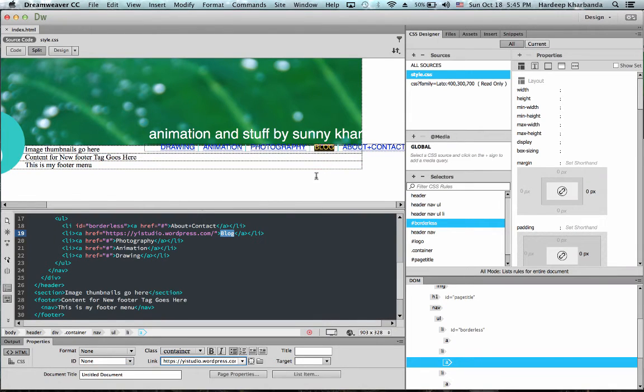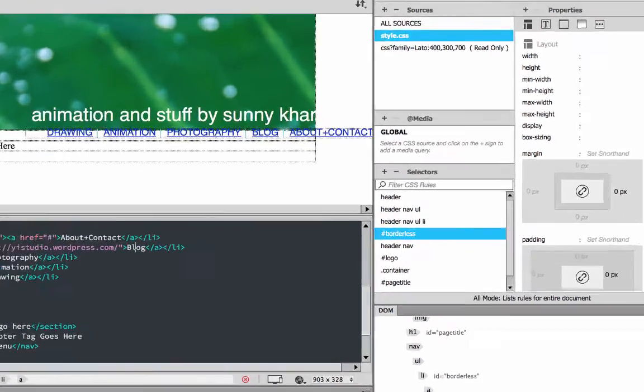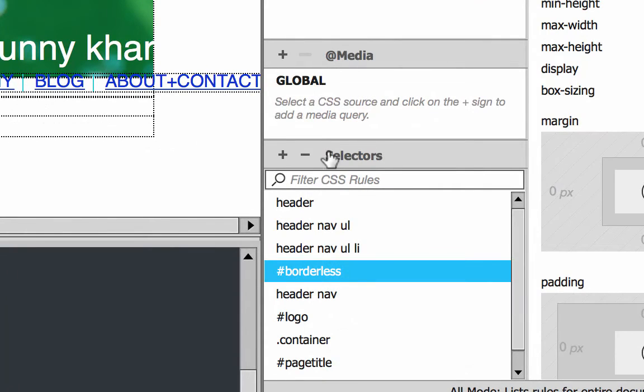To style a link, I'm going to click inside any of these links, and either down here or in the DOM window, I click on the A tag. Any A tag is fine because they're all going to get the same style. And then as usual, I come up and add a selector.